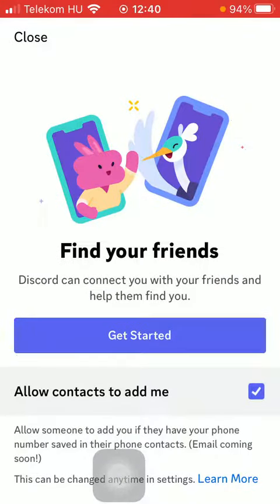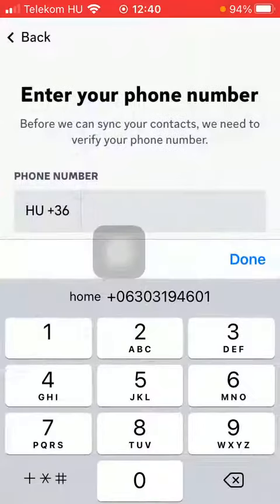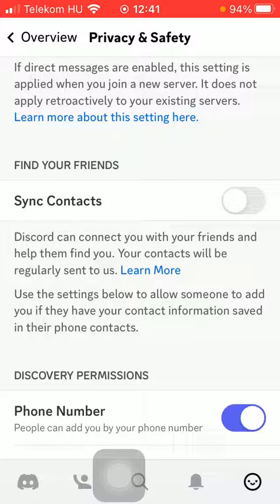Here you can enable this allow contacts to add me feature as well. Tap on get started, and after that you should type in your phone number and then you will be able to sync your